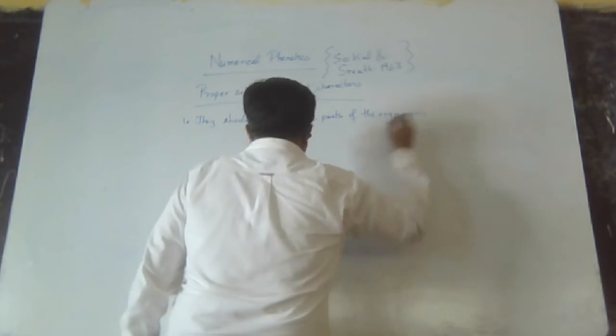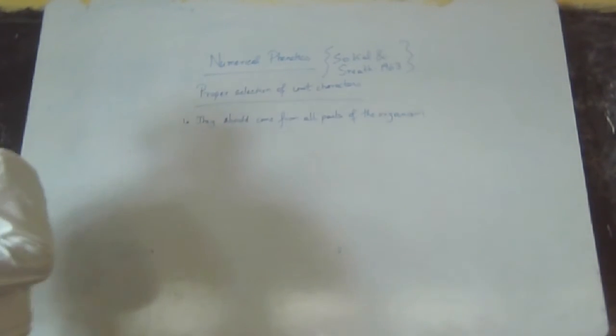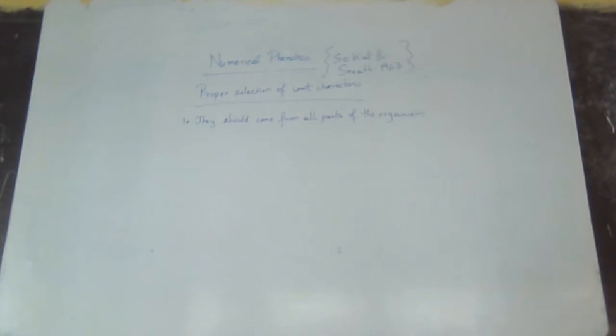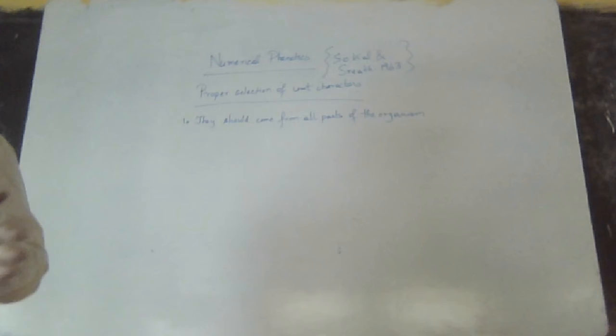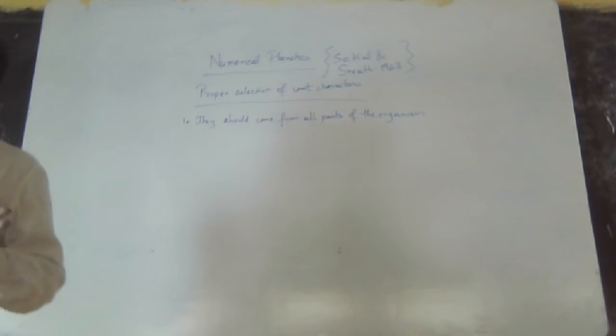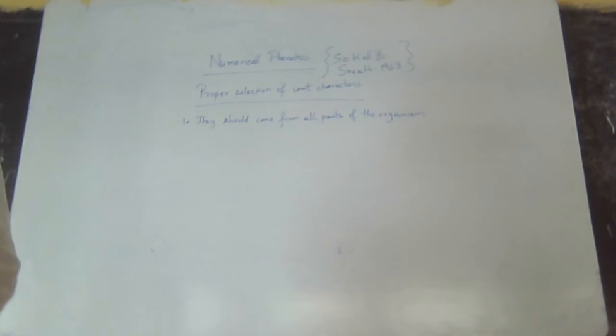organism. So essentially what you are doing, you are trying to group. So these are the different steps you are going. You are trying to group them on the basis of similarity or dissimilarity. So if you take a flower of a plant, you can take a leaf of a plant, you can take a root of a plant, you have to compare it with all the different plants. So you should get a similar result. That is the best unit character you can take.